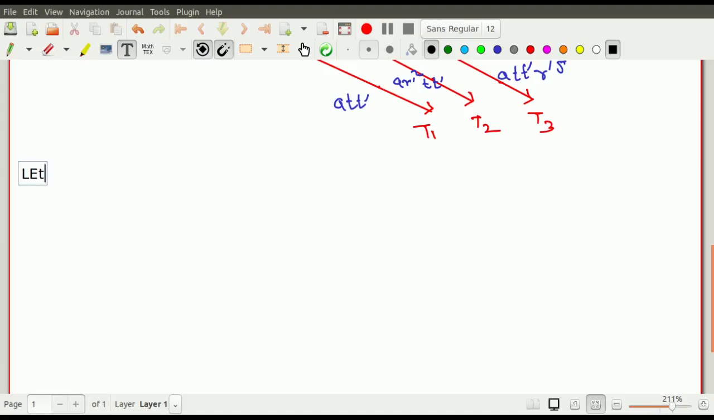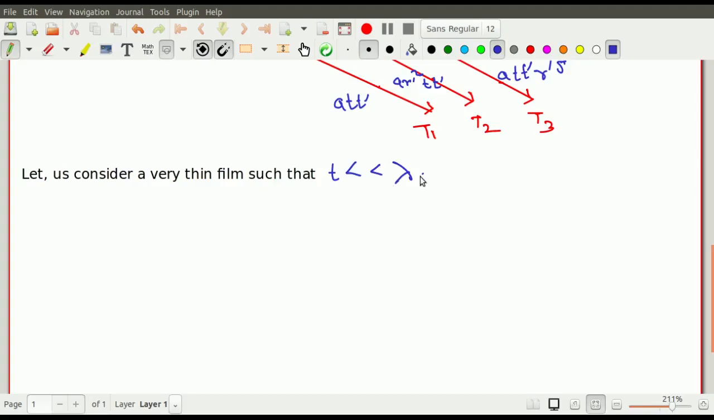Or write it like this: let us consider a very thin film such that its thickness, that is t, is very very small with respect to the wavelength of light. So let us consider a very thin film such that this happens. The thickness is considered lesser than the wavelength. Okay, and if that happens, now you write,